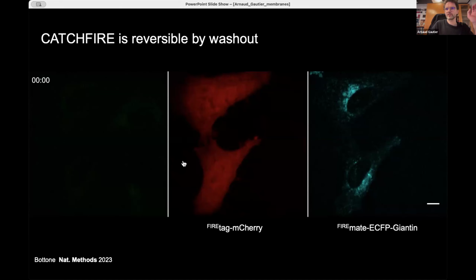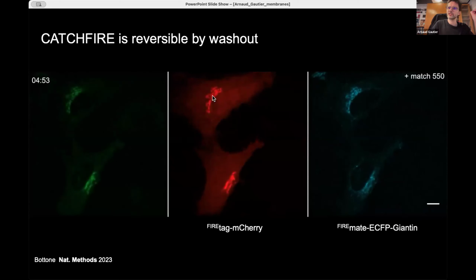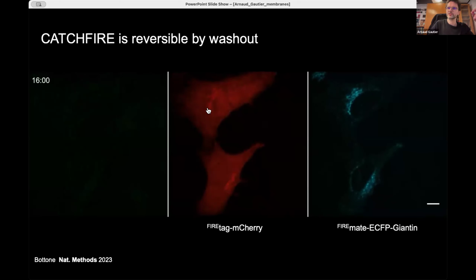In absence of match, we have no interaction of the two proteins, and if we add match, we will see a recruitment of the red fluorescent protein at the Golgi. But if we wash away the small molecule, you see the disappearance of this signal, and you can add match again and wash it away again. So this movie just shows you really that the dimerization process could be fully reversible simply by washing away the